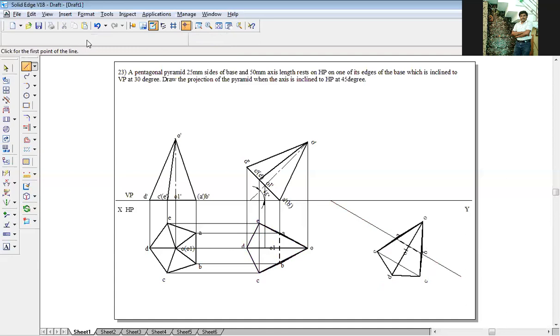Then go to line command, draw a projection line from each and every corner. That is from E. Move your cursor once everywhere here. From E, one point over here. From D, a little bit above. From C, the point is over here itself. From B it is on the XY line. It does not allow me to draw a straight line, so I'll press the tab button. I'll draw 90 degrees. The moment I click on 90 degrees, it will allow me to stop here. So put it on the line.